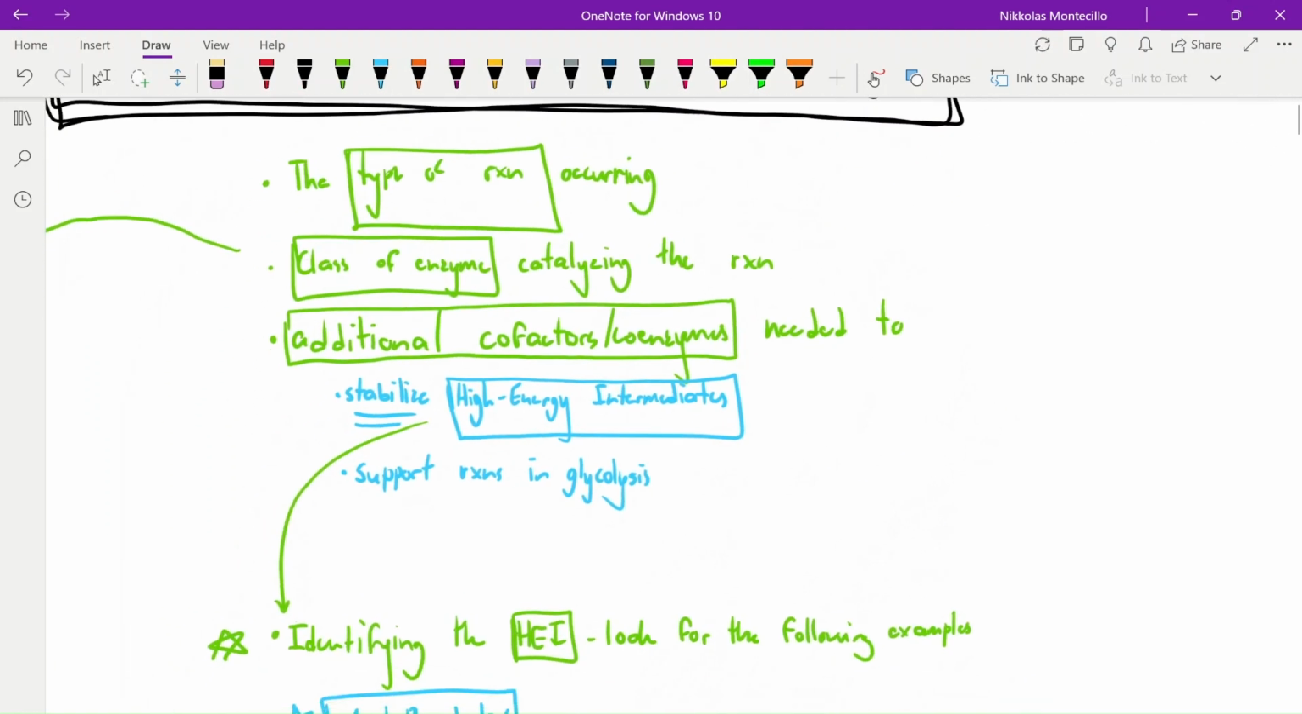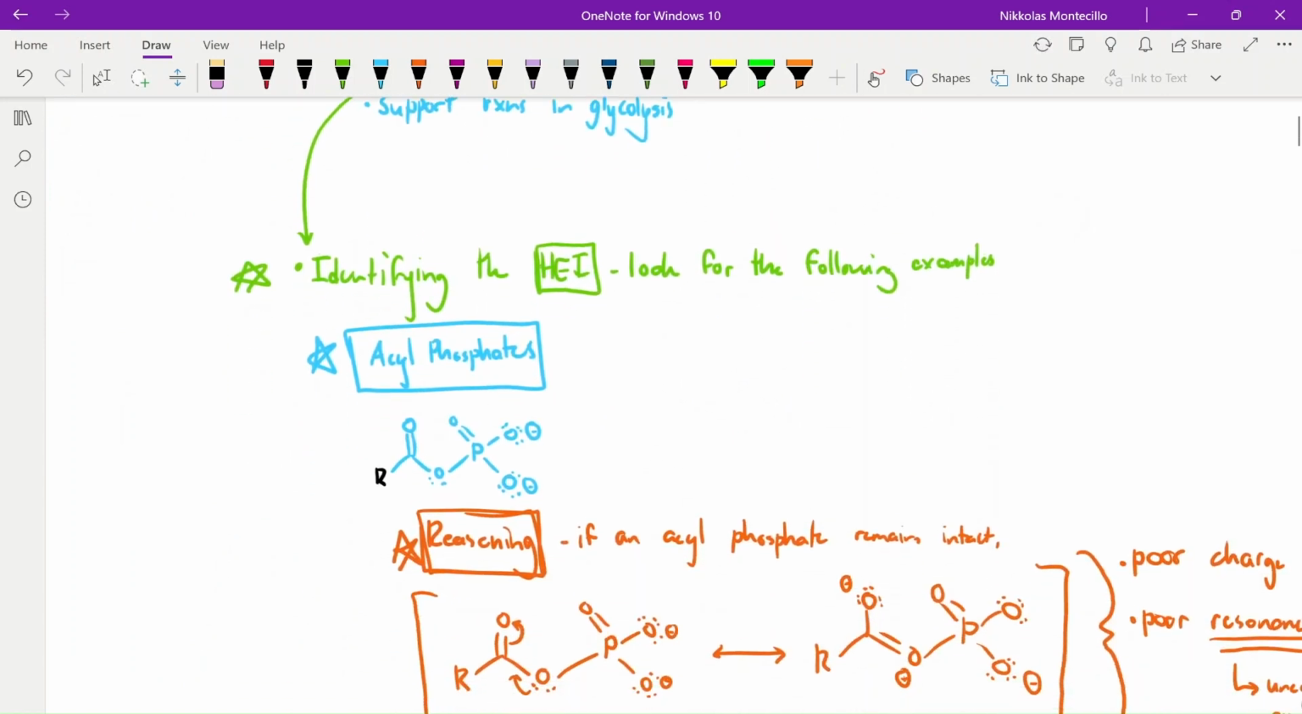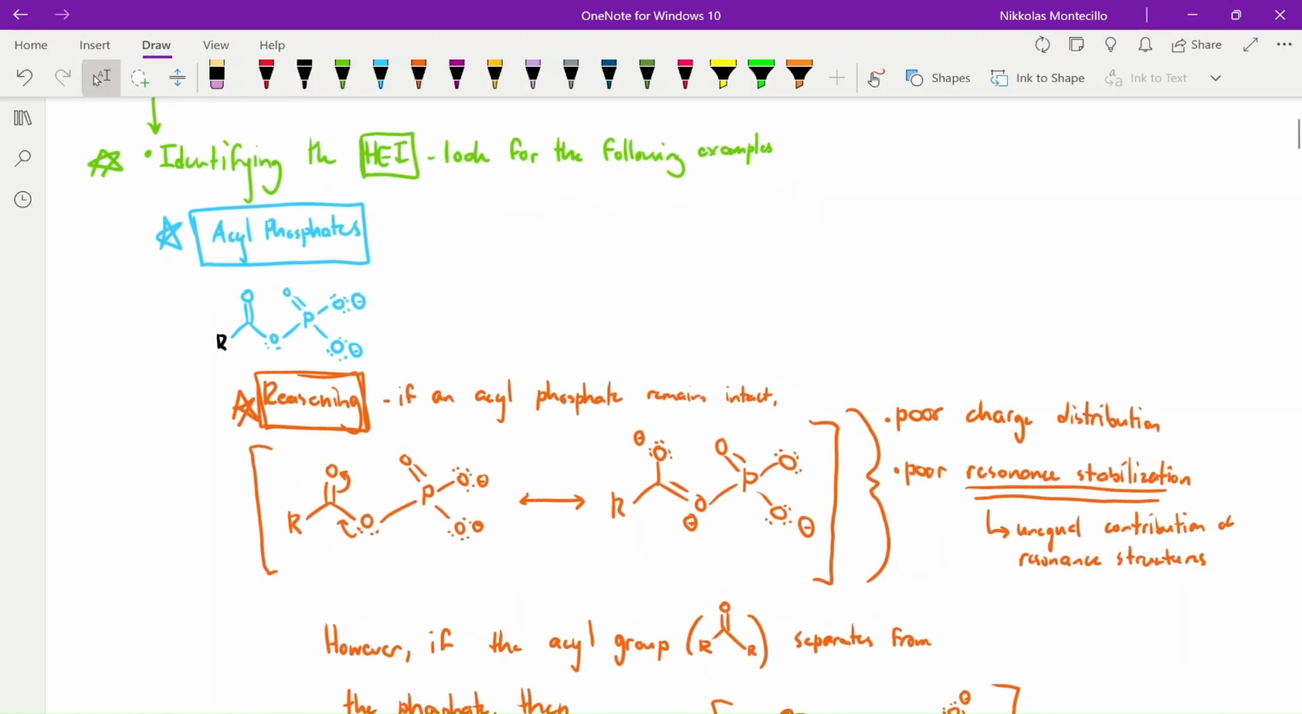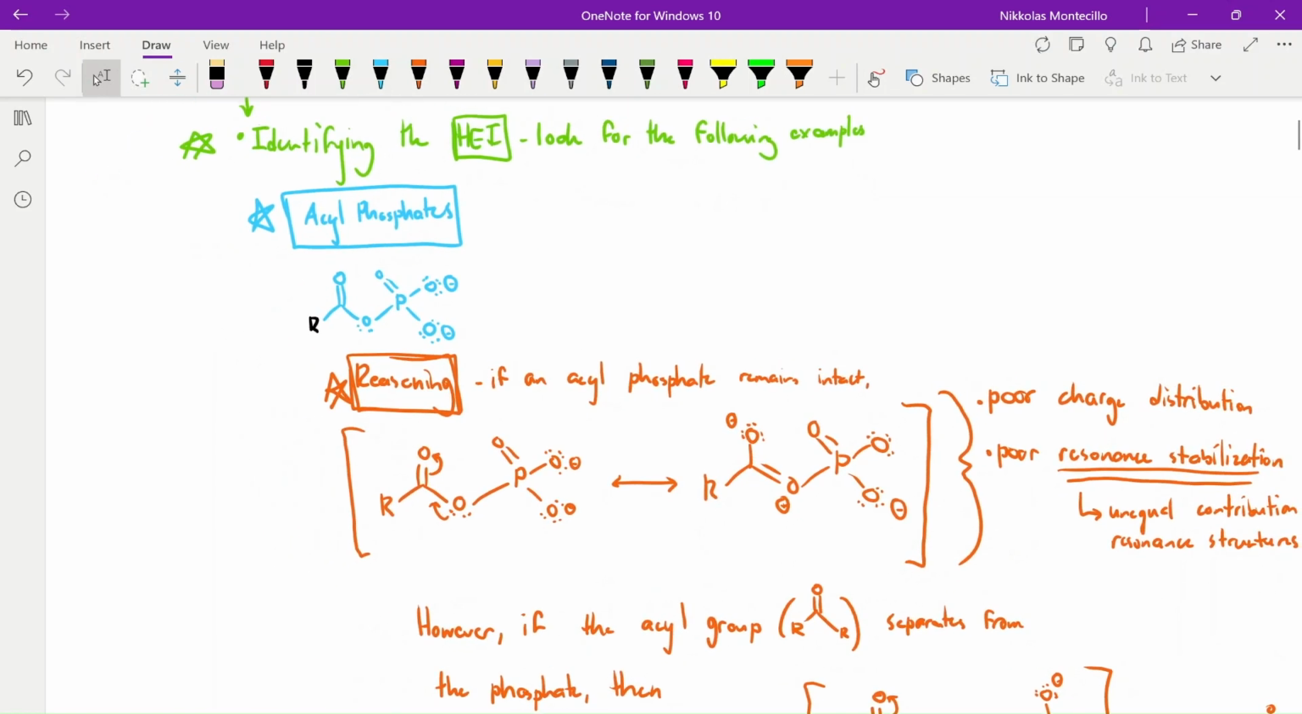Another thing that we should consider when analyzing glycolysis is the high energy intermediates, because the high energy intermediates can help give us an idea of what reaction is going to occur next. So we should look for the following examples when we're looking for high energy intermediates. There's acyl phosphates. Remember that acyl phosphates are considered high energy intermediates because, in their currently existing form